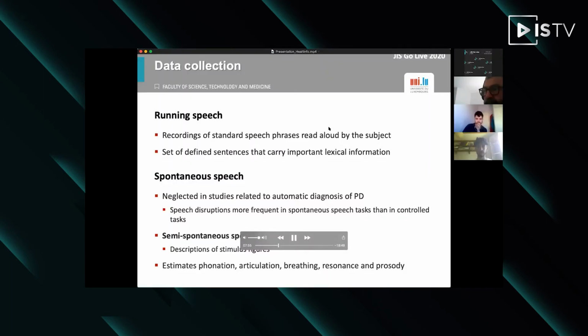We can also use semi-spontaneous tasks, which are restricted to the description of some stimulus. These may be stimulus figures or some predefined stories, and after being given the stimulus, the participant is asked to give their opinion about either a figure they see or the story they